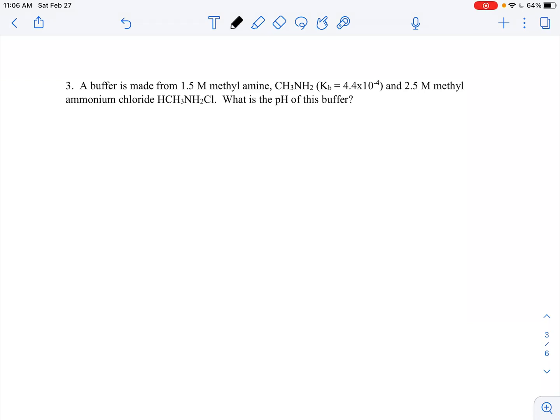For problem number 3, it's a buffer problem, but with a twist because it has given you Kb of the system rather than Ka. But it's no problem because it's a buffer. Both are present. And again, you can't do this trick if you're just talking about the pH of a weak base, but if you're talking about a buffer system, then both the acid and the base are present, and so consequently, you can take the base Kb that you are given in the problem and move it to a Ka system instead, because again, it quite clearly says that we are a buffer,